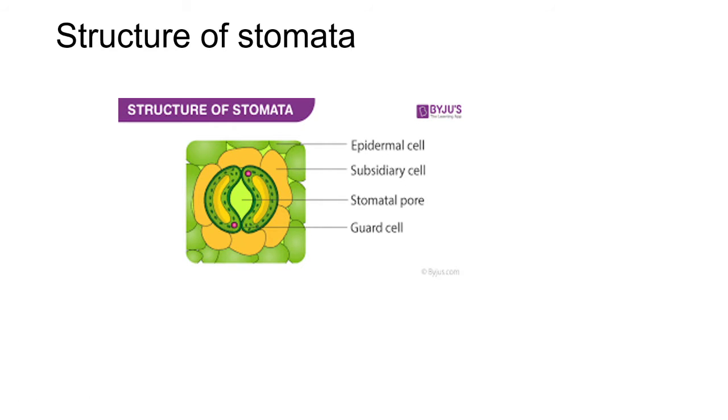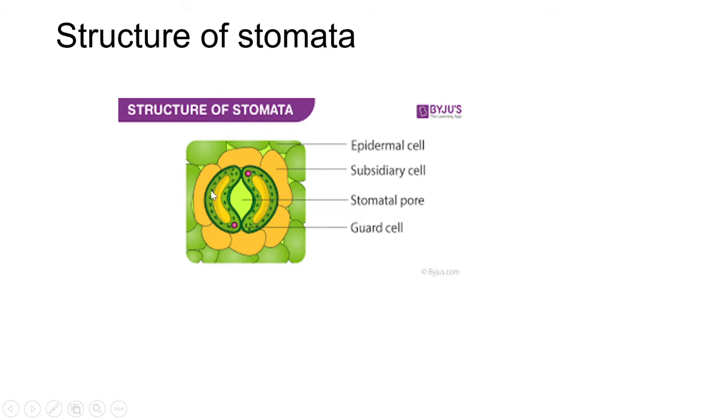The guard cells are surrounded by accessory or subsidiary cells. These guard cells are surrounded by the yellow colored subsidiary cells or accessory cells. These are specialized epidermal cells which are distinguished by their shape and size from the guard cells and the rest of the epidermal cells. They are also called accessory cells. The walls of the guard cells are unevenly thickened. The inner wall is thick and the outer wall is elastic and thin. Inner walls are thick in nature and outer walls are mostly thin and elastic.